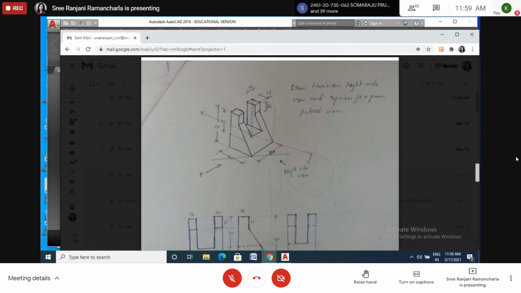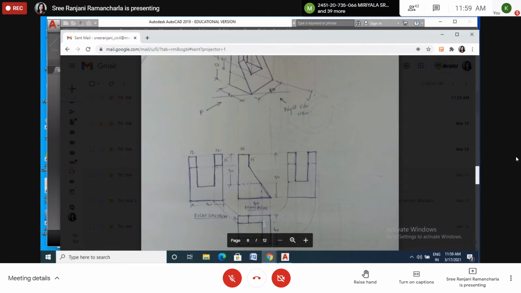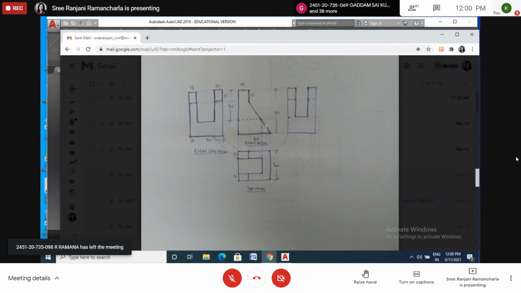The observer is there looking this side, so the view will be on the right side. So this is not seen, and that's why I drew the hidden lines. You can see this line and this line are coinciding, so I drew a thick line. Then you can project it from here, like this. You project it here, then curve or angle, like this you can do it, and join this. So like this, you have to draw isometric to orthographic.